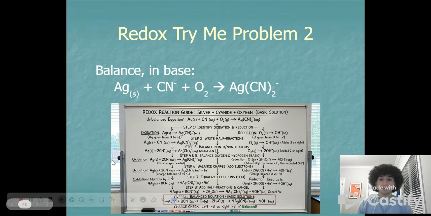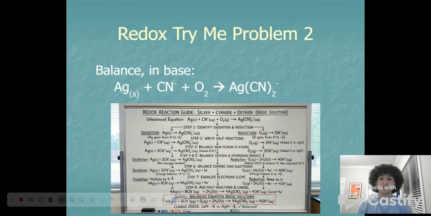So step 2, we write the half reactions. For oxidation, silver metal plus cyanide ion yields dicyanoargentate ion. For reduction, oxygen gas yields hydroxide ion. For step 3, balance non-hydrogen and non-oxygen atoms. For oxidation, 1 silver and 2 cyanide ions are needed for 1 dicyanoargentate ion. So silver metal plus 2 cyanide ion yields